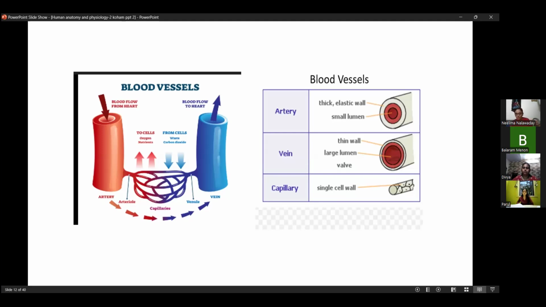Artery, we know that artery is related with oxygenated blood. That pure blood, arteries supply pure blood to the cells. Veins, they bring impure blood or deoxygenated blood. We use this term only. We don't use pure, impure blood. We use oxygenated and deoxygenated blood. So deoxygenated blood from all over the body, from tissues, from cells, and it drains into the heart. And capillaries are